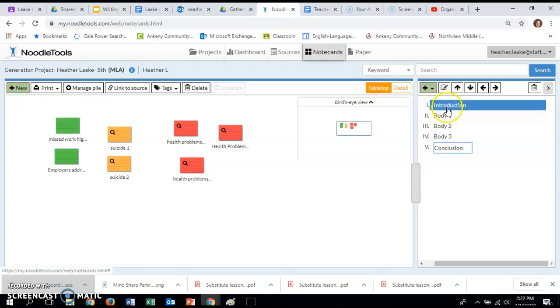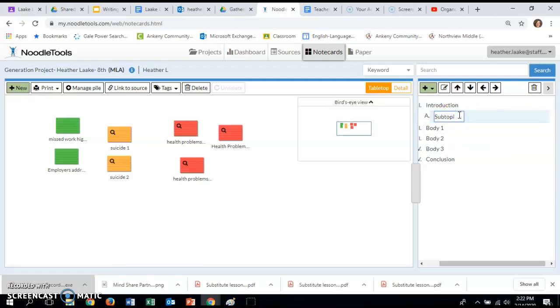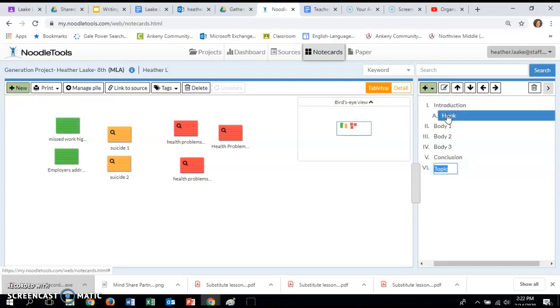And then we're going to create space in this outline for the different parts of each paragraph. So in the introduction, instead of creating topics, you're going to create subtopics, which Noodle Tools calls child. You're going to do 3 subtopics in the introduction because there are 3 parts to the introduction. The first part is the hook, and then the second part of the introduction